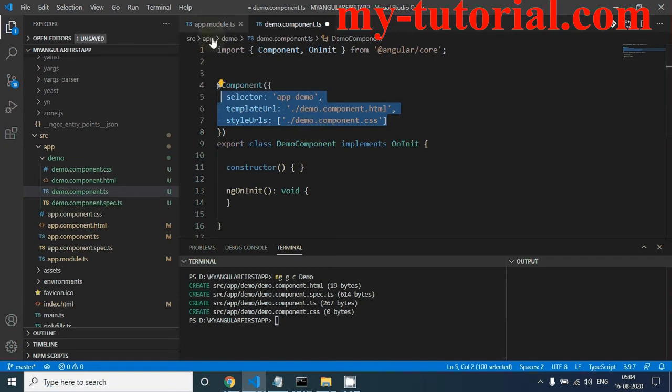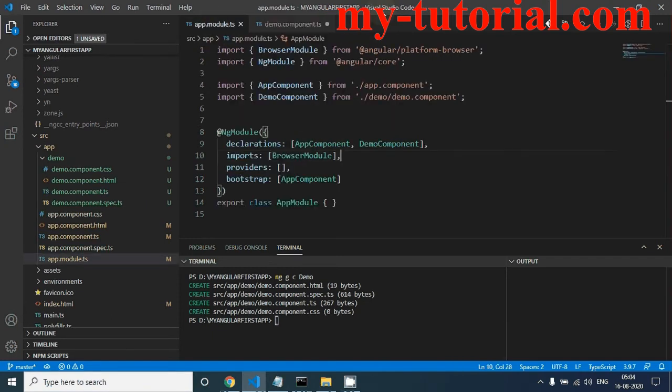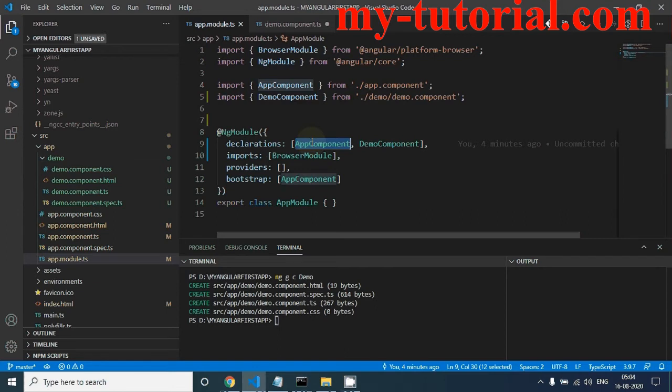So if you come back to app.module, you will see that we have demo component added in the declaration array and app component also in the declaration array. So remember, whenever you create any component, it has to be part of module. So when you create your application, app component comes by default and it is added already here.